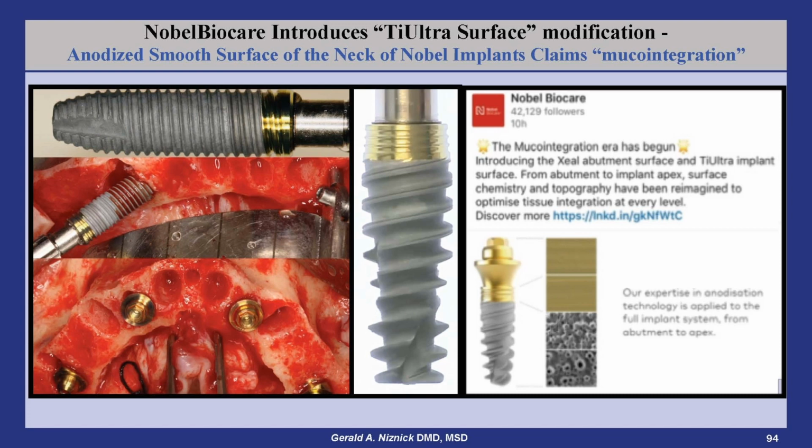The only rationale to color the neck gold would be if resorption took place, exposing it to the soft tissue, and then only in the aesthetic zone. From the reference to, quote, muco-integration, end of quote, it sounds like Nobel anticipates bone loss from this implant, resulting in the gold neck being exposed to the soft tissue. Certainly, there is no rationale for a gold-colored neck in the posterior, and especially not on an all-on-4 case as